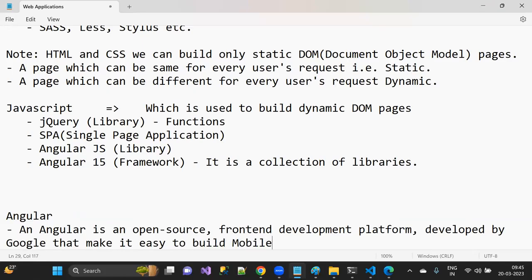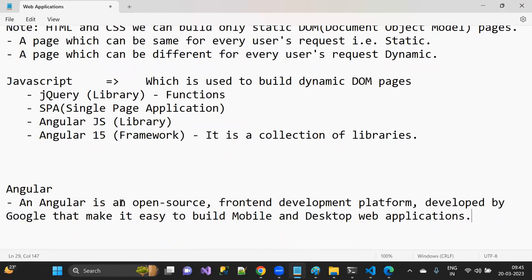that makes it easy to build mobile applications and desktop web applications. That means once you learn Angular, you can build a mobile-based web application and a desktop-based web application. That's up to you. What is a mobile-based web application? Amazon, you can take.